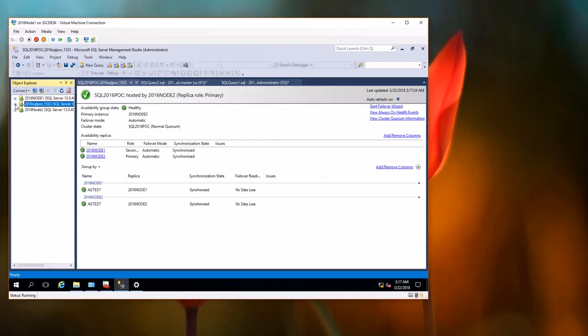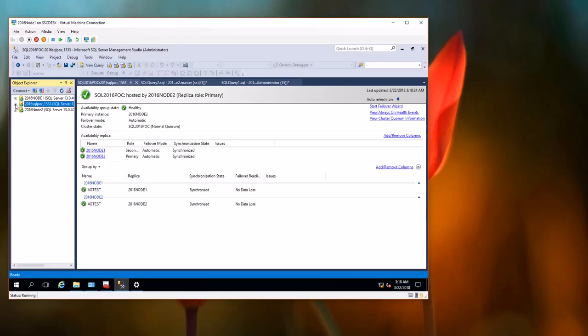With this, your application will always be running in case of failover. So when a failover occurs, say for example when you are using database mirroring, what will happen?